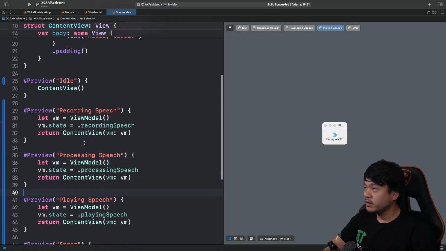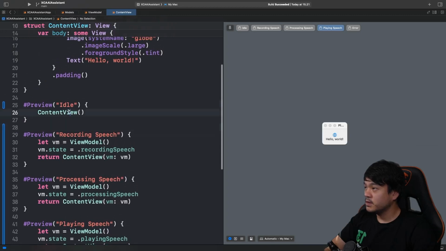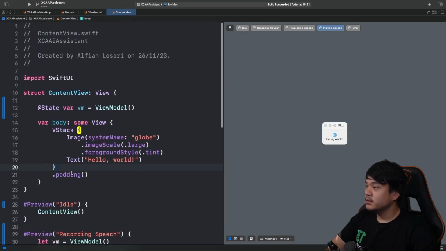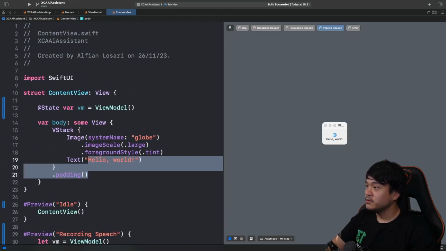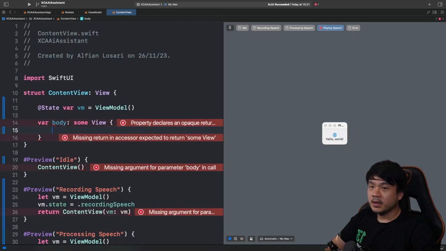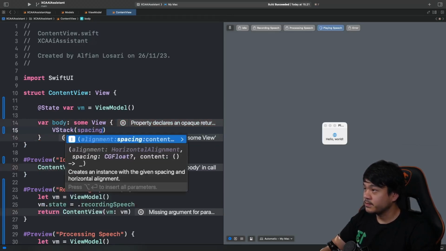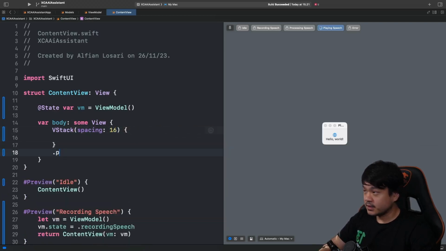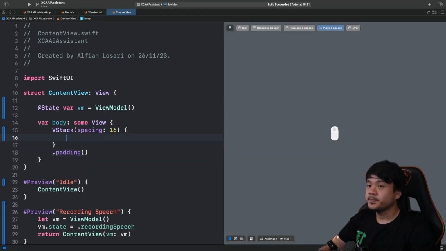So we're going to begin from the idle and error state because those two will be similar. Okay, so in the body of the content view, let's just remove all of this code in the body. And now let's begin by declaring a VStack with the spacing of 16. Okay, and let's add padding to all the edges for this VStack.